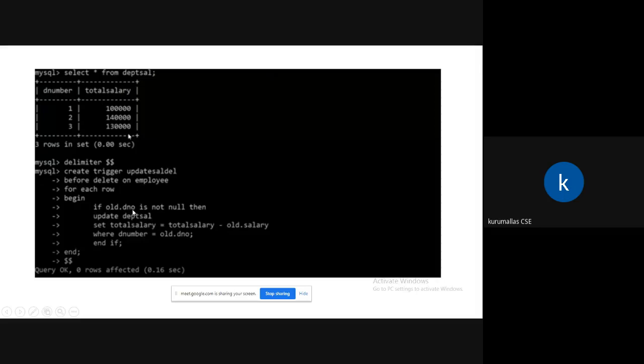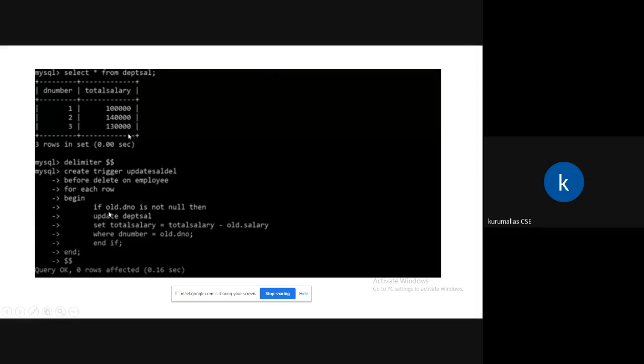When you are using delete and update, we have to use the keyword old only. When you are inserting values into the table, we have to use the new keyword. You should not use the old keyword. We are inserting, so we have to use the new keyword, right?